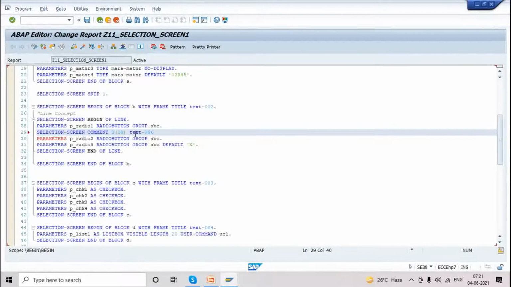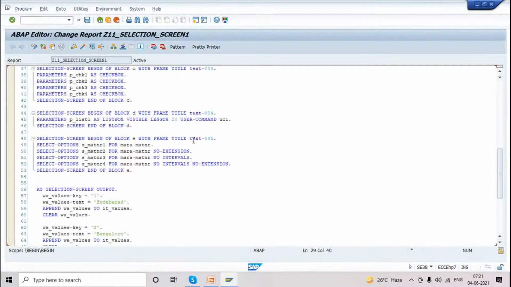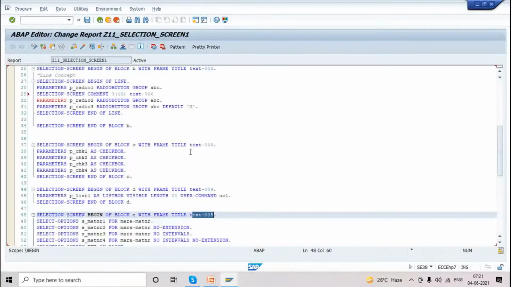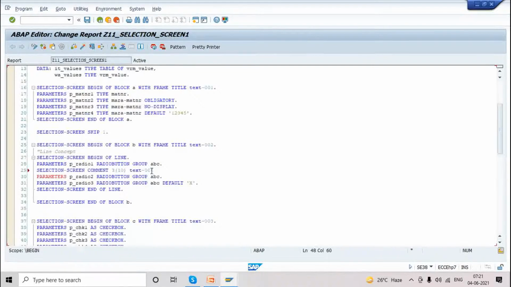Why 006? Already we completed 005 here in yesterday's session, so now I'm using the next number, 006, for the field P underscore radio 1. For this field, we are creating the text. This is the syntax. Just click on save.